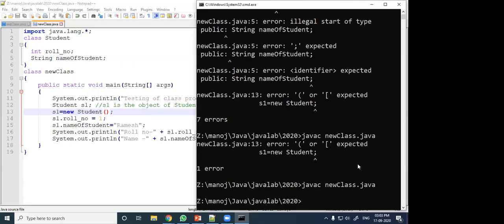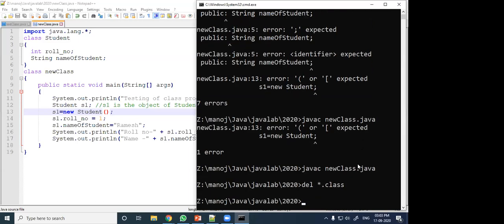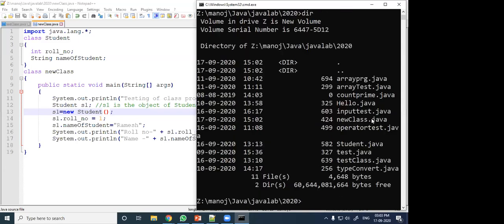Okay, so now we will see. Before compiling again, I delete all the class files. Just see, in my current directory only Java files are there.